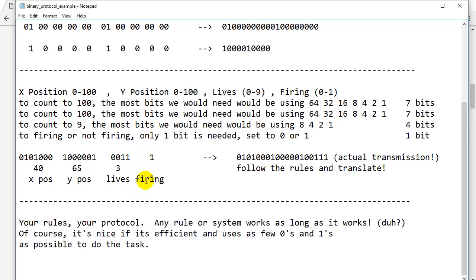And there's my firing. 1 means yes, I'm trying to fire currently. So that's the data you send. I send that data. Remember, there's never spaces when you send data, so that is the actual transmission. And whoever gets this, because they've got the same program following the same rules, they're just going to